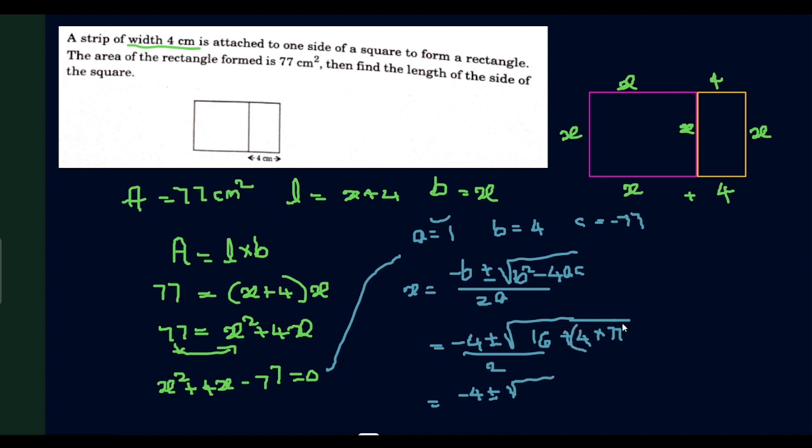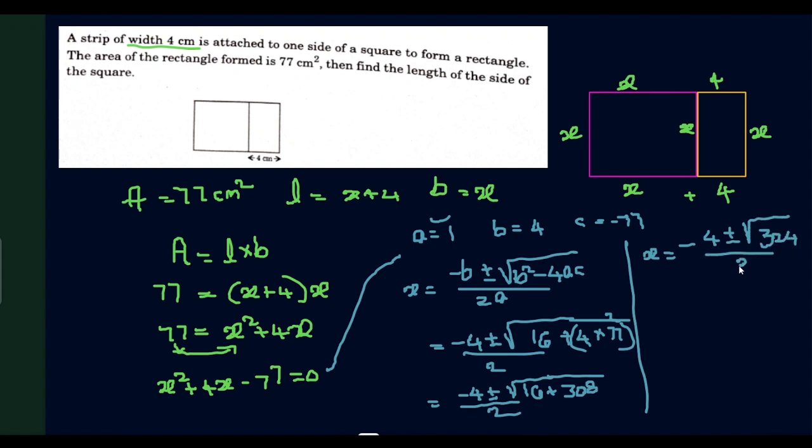So 16, then 77 fours are... 7 fours are 28, here it is 2 and 8. And here 28 plus 2 is 30. Now 308 plus 16 is nothing but 324. Got it? So the x value is equal to minus 4 plus or minus